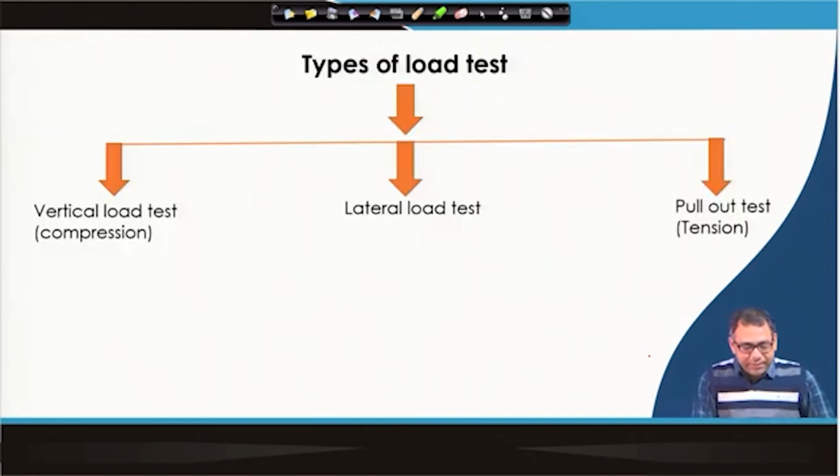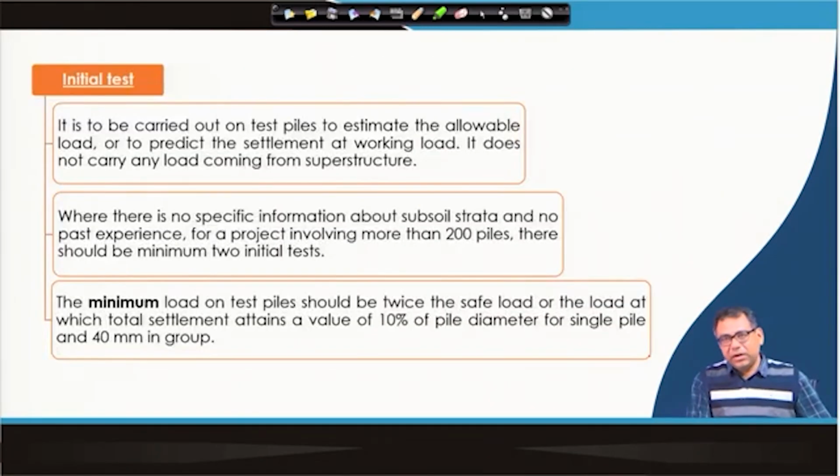So, pile load test can be done under 3 different loading conditions: vertical load or compression, then the lateral load, then the tension load also. It is not only that the pile load test can be done under compression, it can be done under tension, under lateral load also. Then, when you are doing a pile load test, we have to do it for 2 types